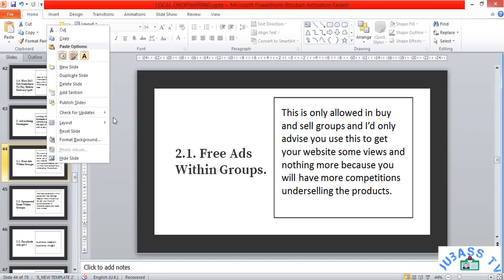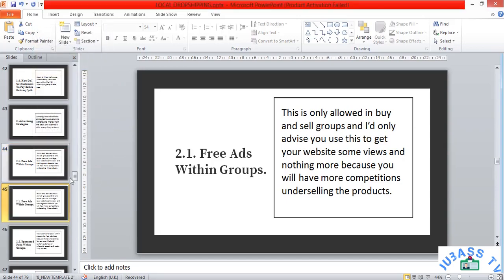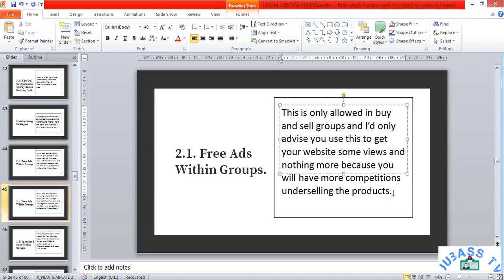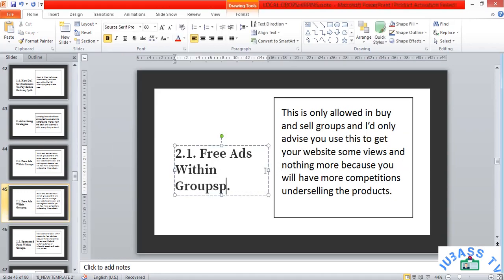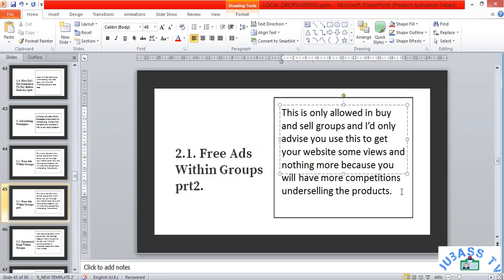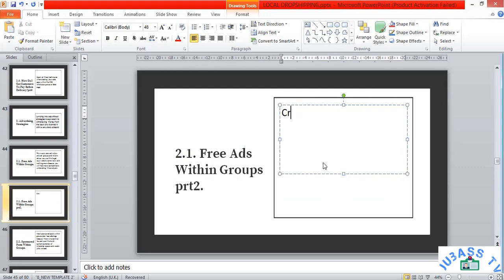Okay, so let me duplicate this slide. Let me make this part 2 so you don't get confused. Create, let's say, post video link from page to the groups.